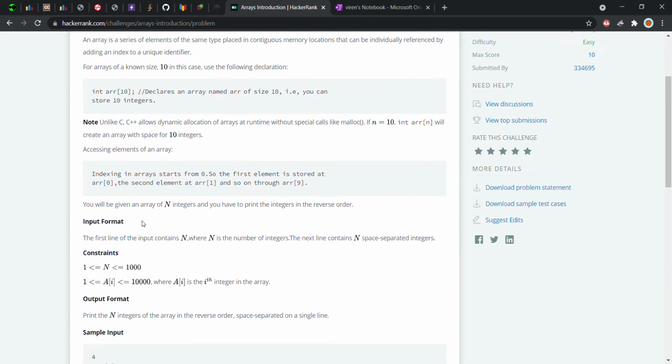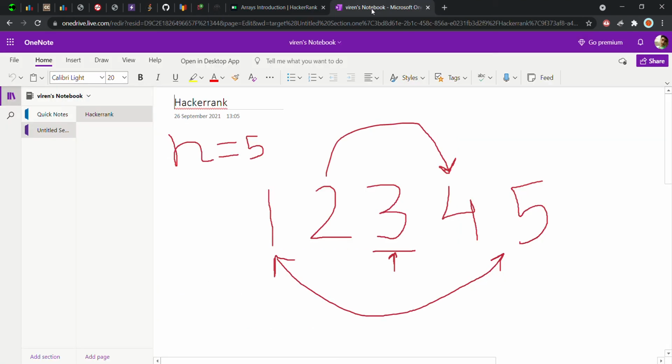So let us discuss some more test cases which I made. Here I take n as 5, and the array elements are 1, 2, 3, 4, 5. And here we are using one small concept, that is we run our for loop till the middle element, and we break our for loop when we reach the middle element.